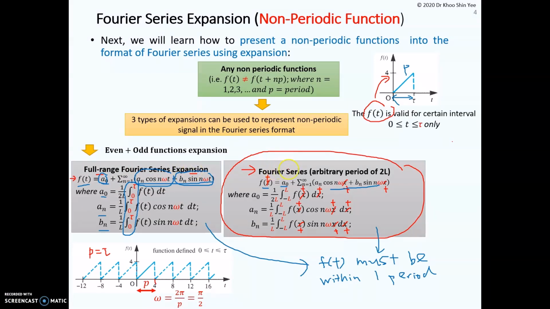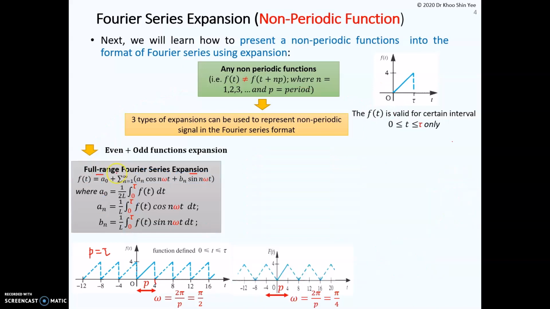The main difference between the Fourier series and the full range Fourier series expansion is that the f(t) function obtained by the full range Fourier series expansion is only valid for a certain interval from 0 to tau. On the other hand, the f(t) function obtained by the Fourier series is valid from negative infinity to infinity. Besides full range expansion, we can also perform the half range expansion by taking the half range of the period